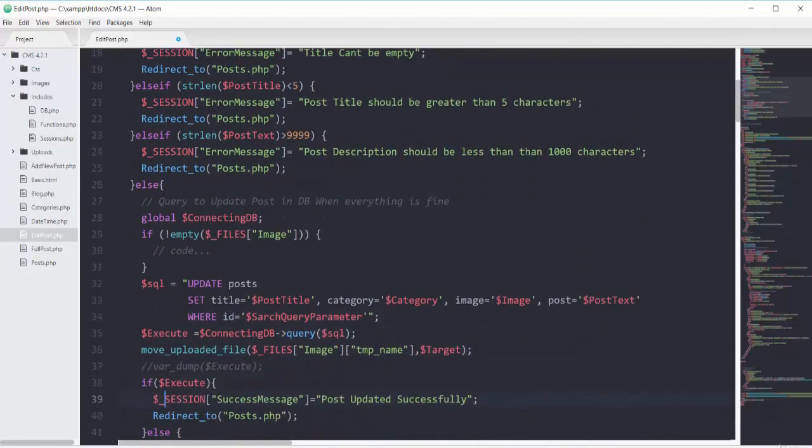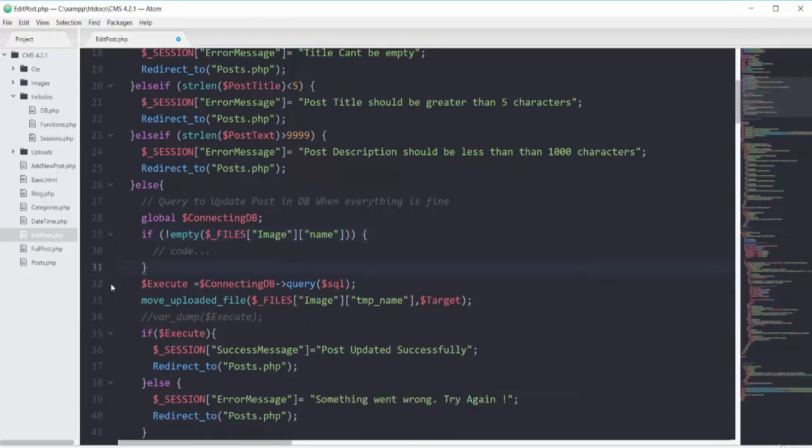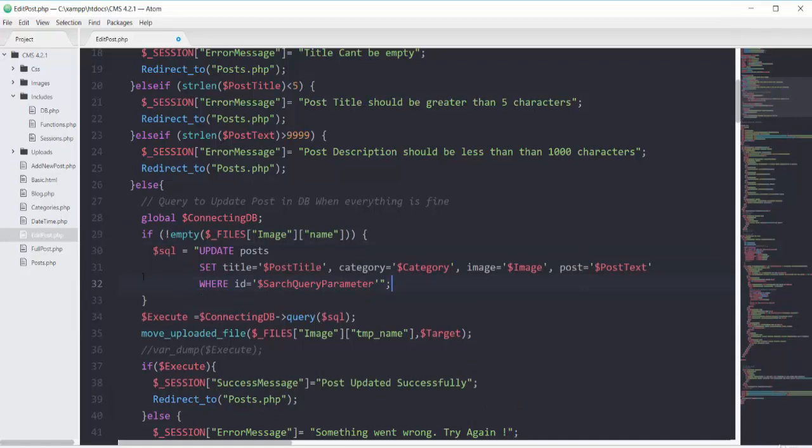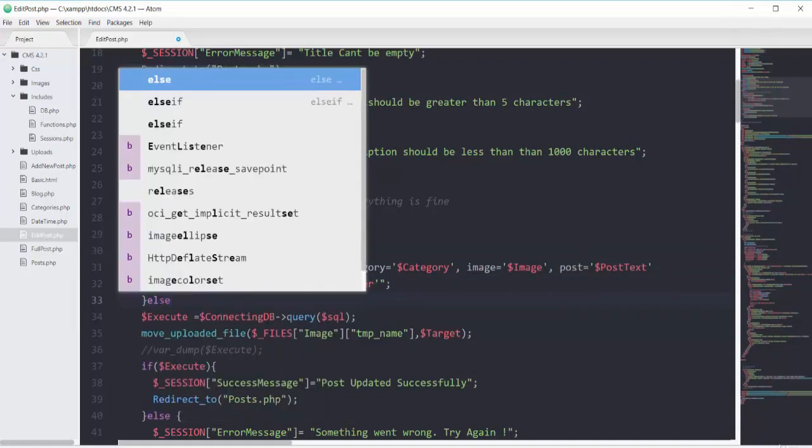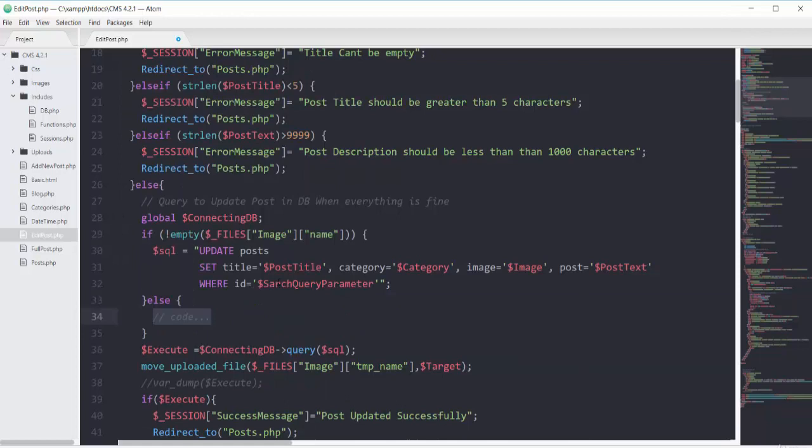So I will go with this whole one. So if this files superglobal of image name is not empty, then you should have this SQL statement. And otherwise, in the else block, I will have one other SQL